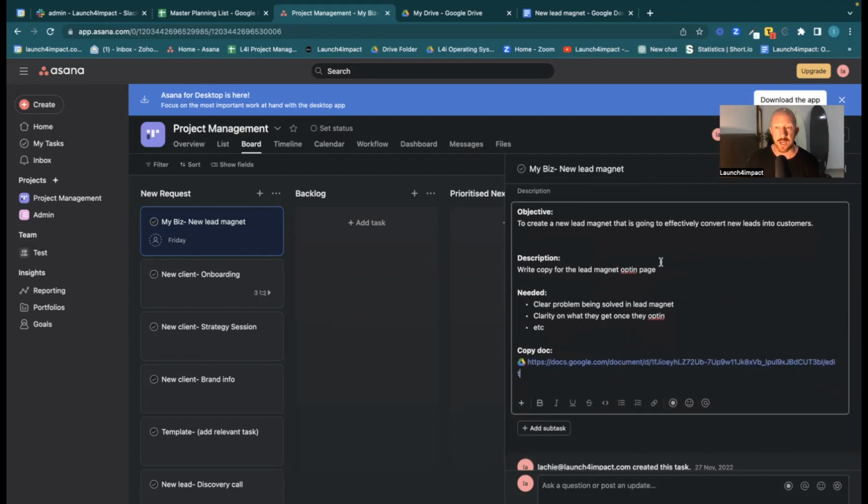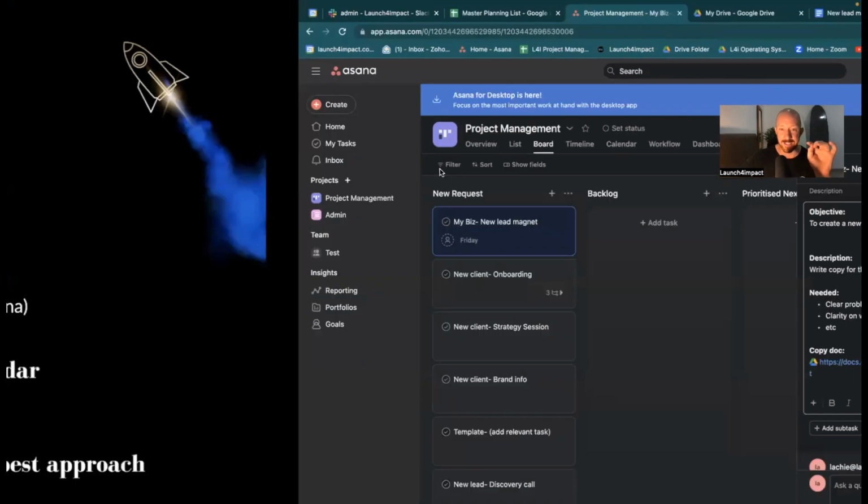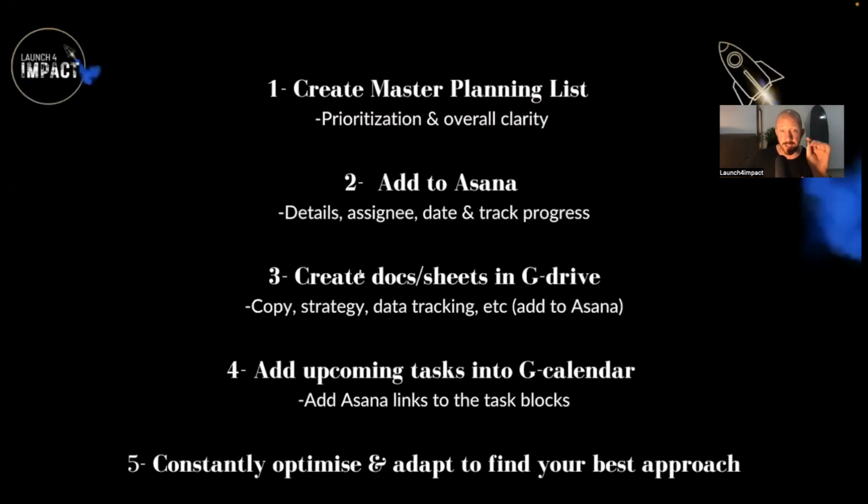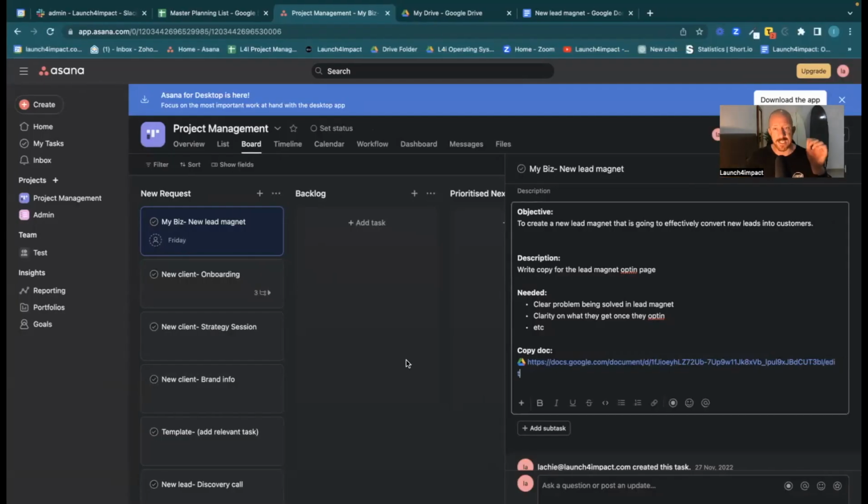So it's up to you how you want to do it. I'm just giving you a clear framework to follow to really try and get things done. So what we've done here is we've created the doc, we've added the copy into it, added it into Asana, and now I'm going to take a look at